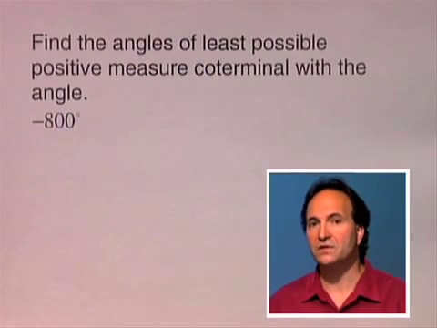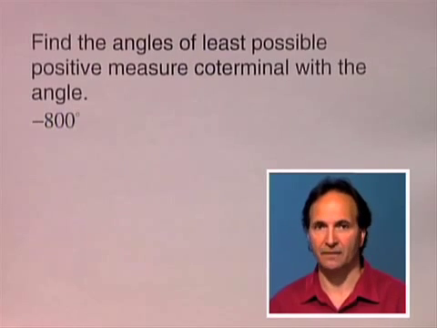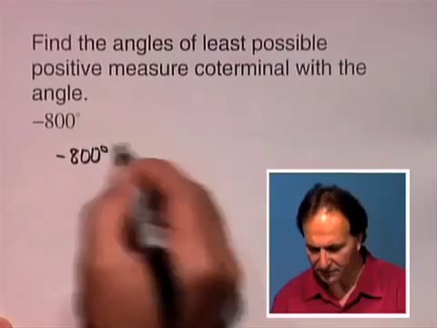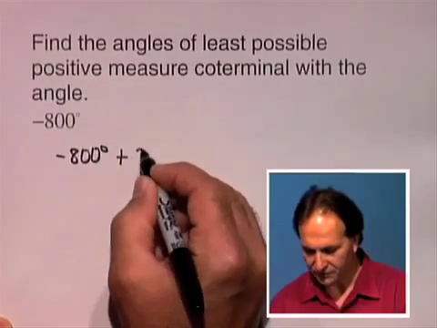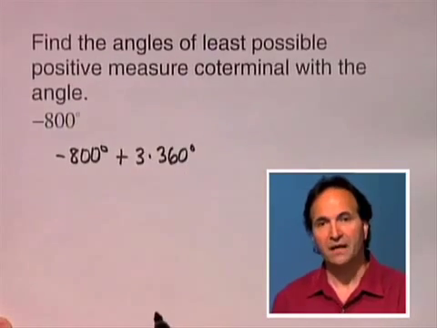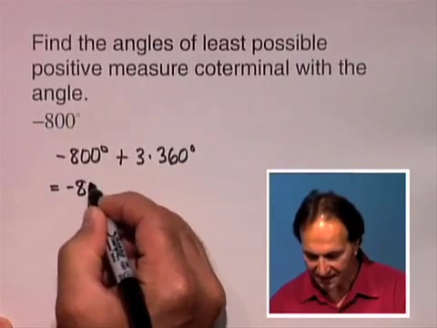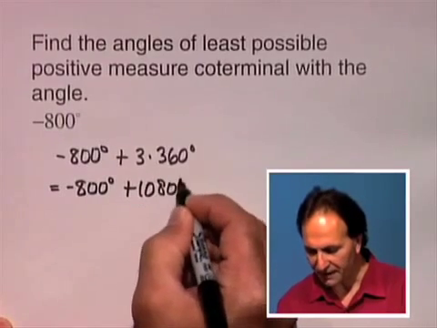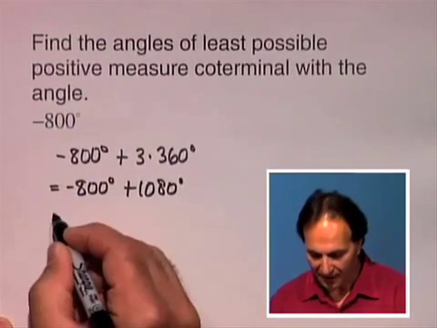So what we're going to have to do is add 3 times 360. So negative 800 degrees plus 3 times 360 degrees. That would be negative 800 degrees plus 1,080 degrees. And that will be equal to